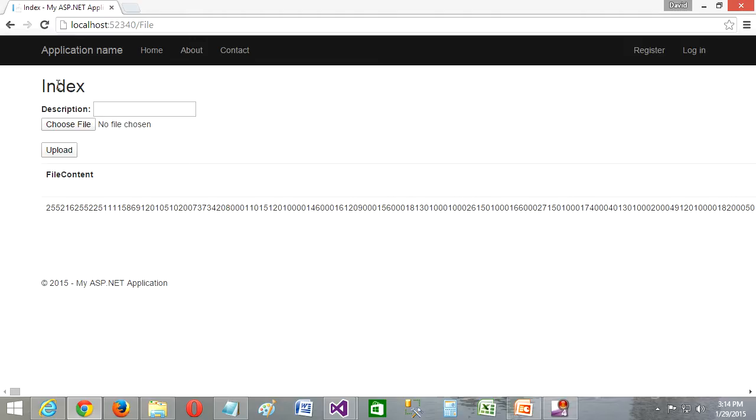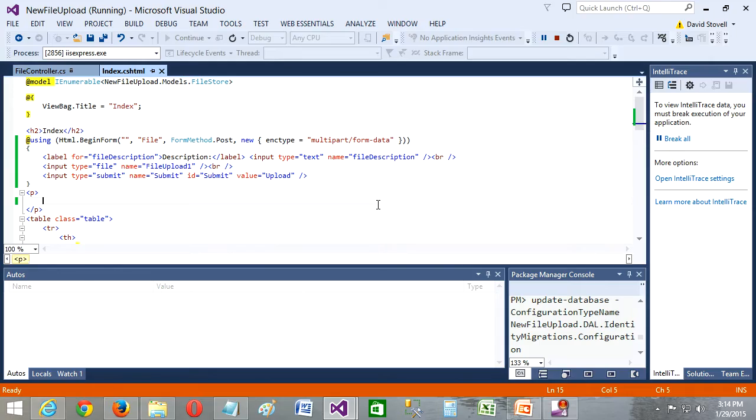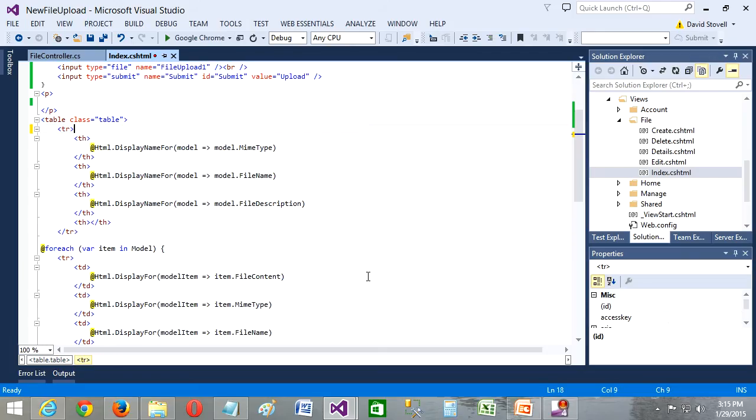But for the most part, usually in an index list like this, we just want to see a list of the names and maybe the types of the files in the system. We don't have to try and see the content. So that would probably be the next thing I'd do. For now, let me just take it out by removing that from the view. So let me come into my index view. Stop running, sorry. That's trouble with Google. So I can just take out this content, take out that column altogether,